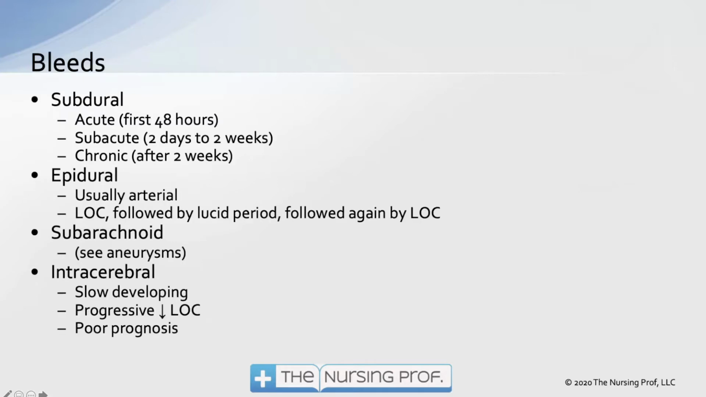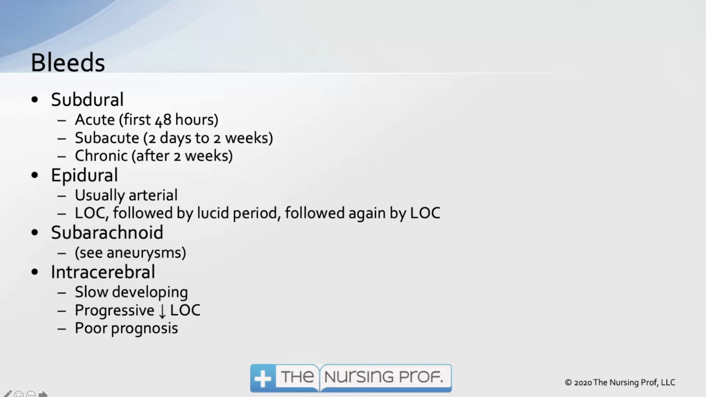One of the other components in the neuro section is the area of bleeds. So let's talk a little bit about the different types of intracranial bleeding that can occur. First of all is a subdural. A subdural is broken down into three different categories. Subdurals are typically venous. So depending upon the size of the vein will depend upon what kind of symptoms we see. If it's a very large vein, we end up with an acute subdural, and we'll see symptoms within the